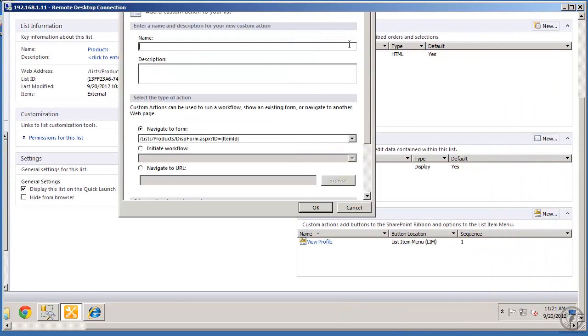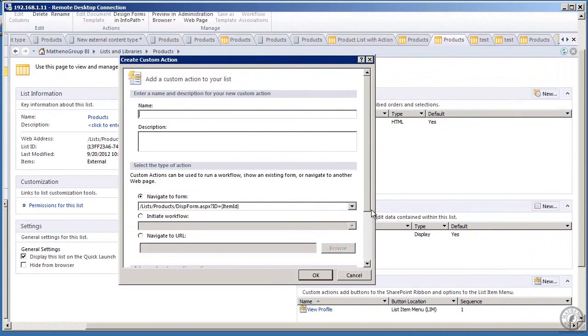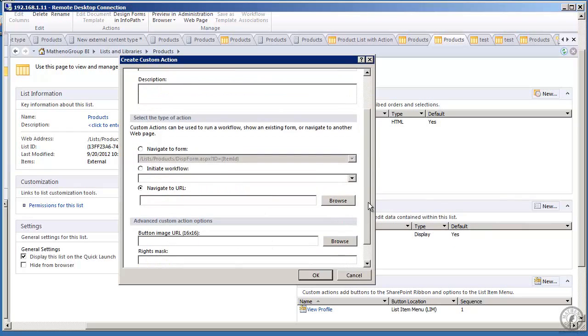I'm going to say new, and I need to give it a name, and this is just a demo, so I'm going to say link to product in here, although really, we're just going to navigate into a site. Normally what you would do is you would navigate into a URL, and show it an image or whatever you wanted to do, some kind of a custom action, but we're just going to show you that this link to